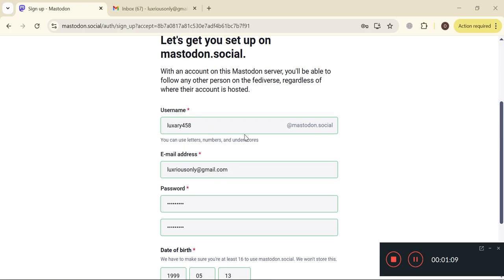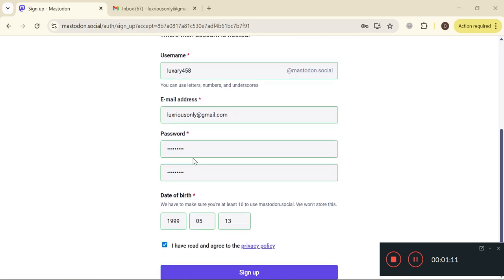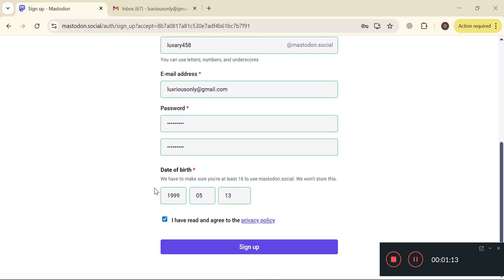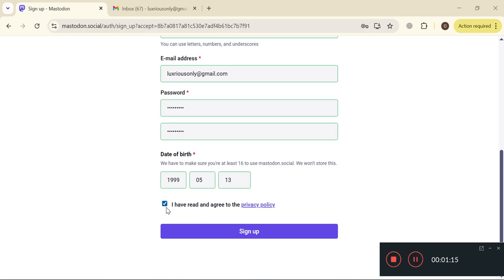After writing my username, email address, and I've selected a password very carefully, and after adding date of birth, I have marked that I agree to the privacy policy, and now I click on the sign up button so that my account is successfully created at Mastodon. Okay,